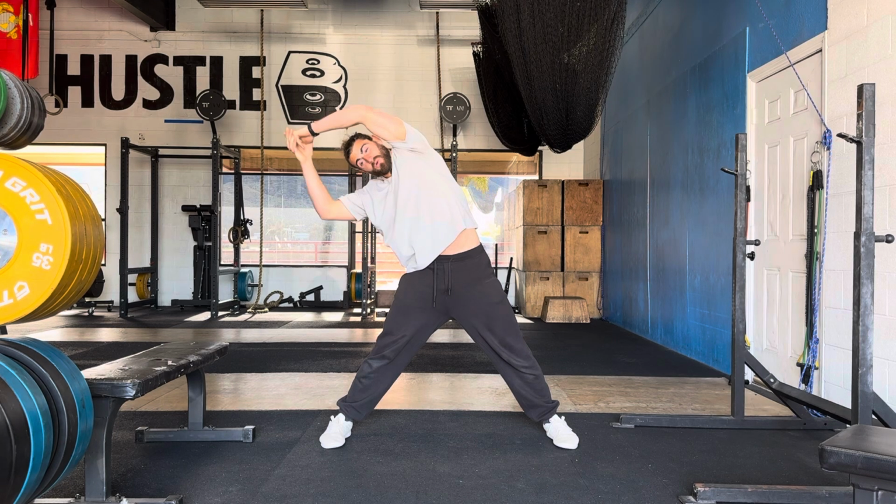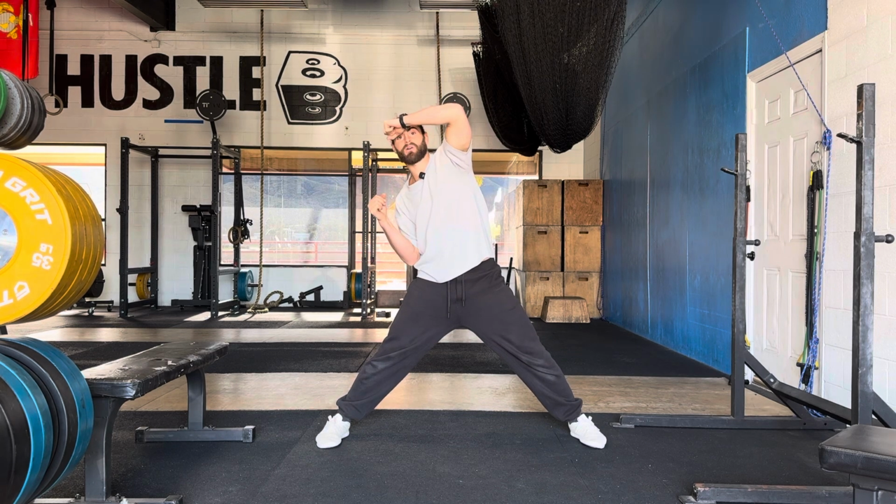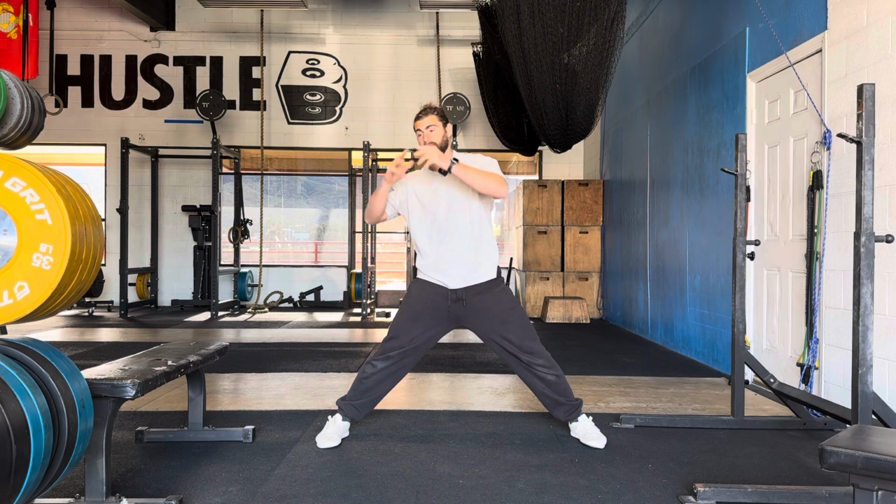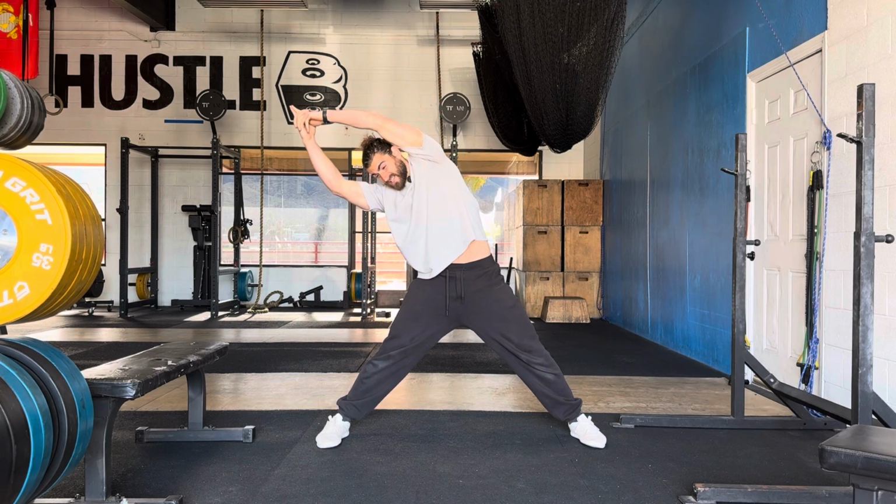About a 5-second hold. Remember we said crunching down with the opposite oblique. That opposite oblique contraction will cause some relaxation due to the fascial component here. So I'm crunching down on the oblique,